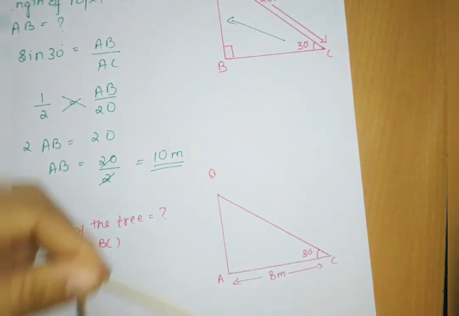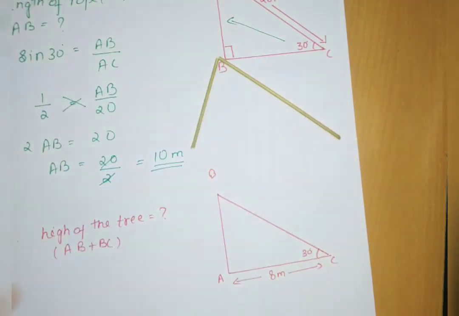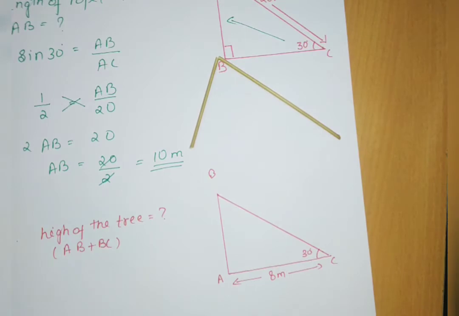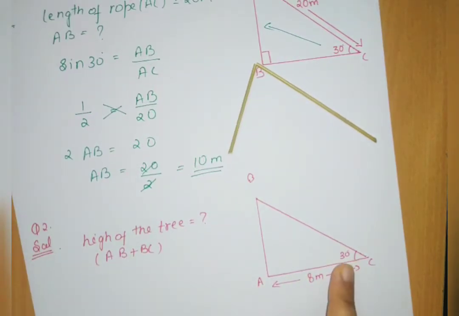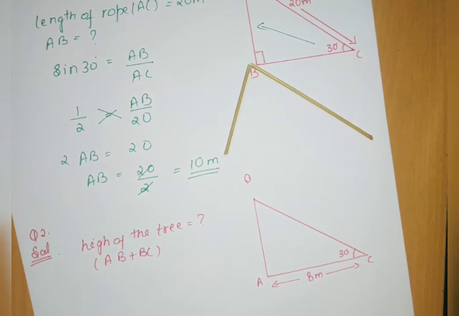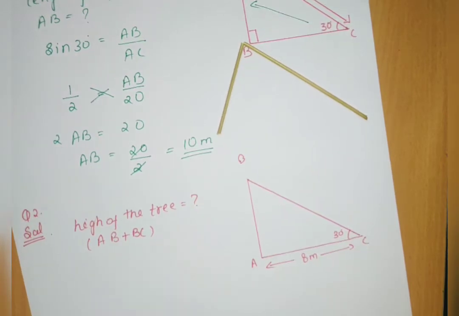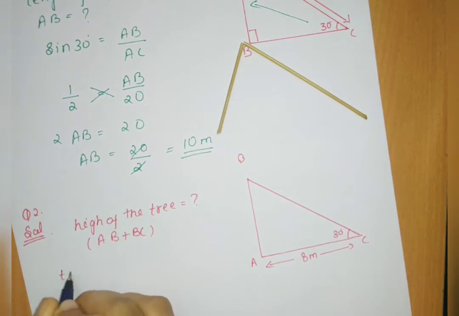Moving on. ये था ट्री हमारा, ठीक है? ये फुल आपको बताना है, वो है AB and BC. Now let's start. I have 30 degree and this distance I have. Okay, so first, now see, with the help of sine, tan, cos, only these trigonometric ratios I have to use to find out this. Okay, so first I will use tan 30 degree.